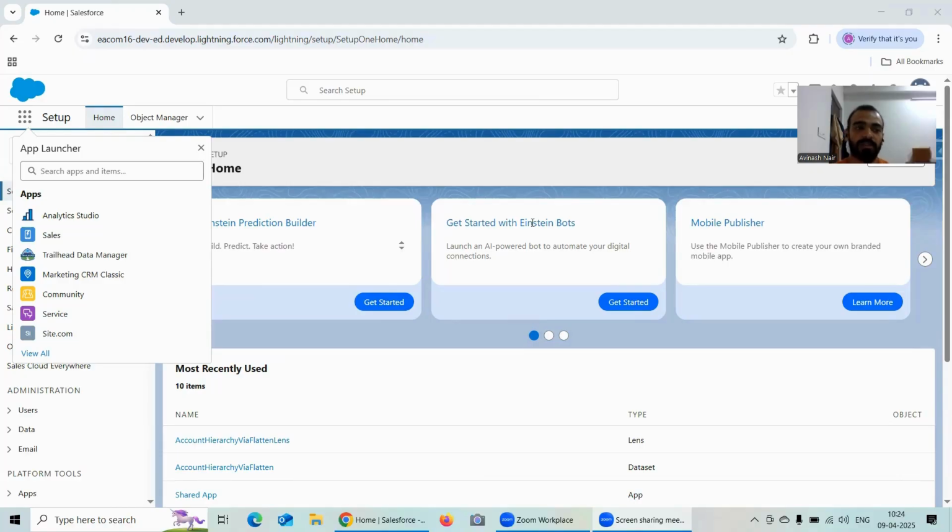So basically in today's video, we will learn the concept behind whatever we did earlier with the flatten node. We will understand how we were able to ultimately fetch the ultimate parent of a child account, and that logic is very important to understand because based on that logic, you can utilize or apply the flatten node in various other use case scenarios. Okay, so